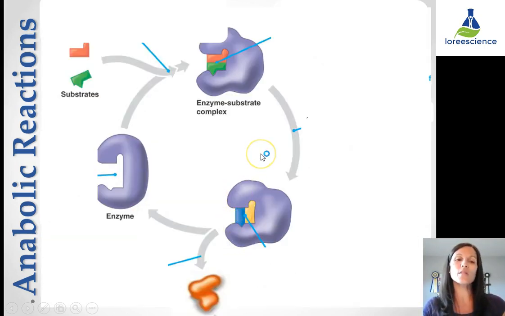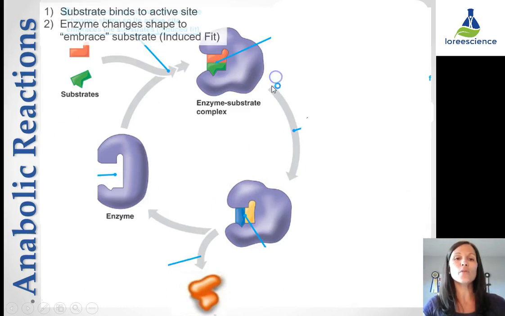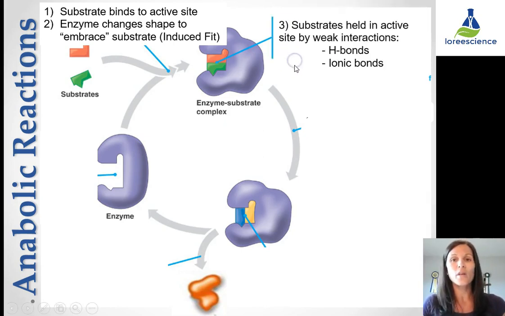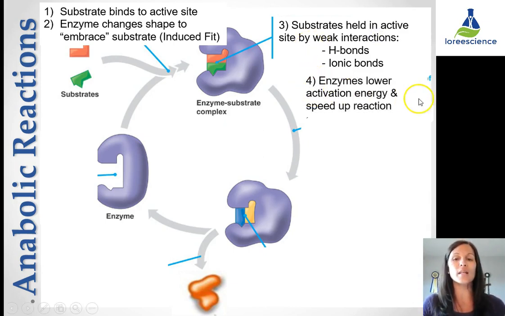So there are several steps to make this happen. The first step is that the substrate has to bind to the active site. More often than not, induced fit occurs, meaning that the enzyme changes its shape to embrace that substrate or to have a better hold on it. The substrates are held into that active site by weak interactions, most commonly hydrogen bonds or ionic bonds between charged entities. When they are being held in that active site, the enzyme then lowers the activation energy and speeds up